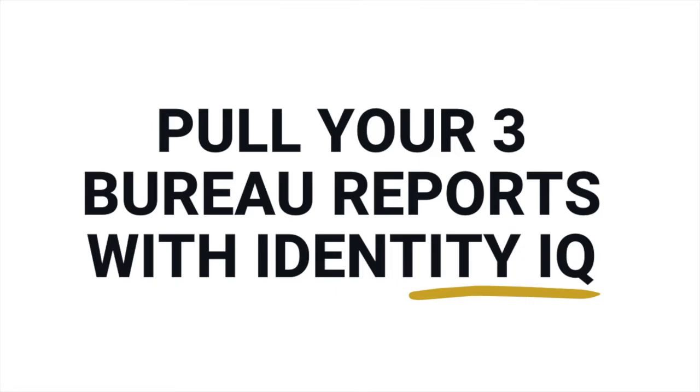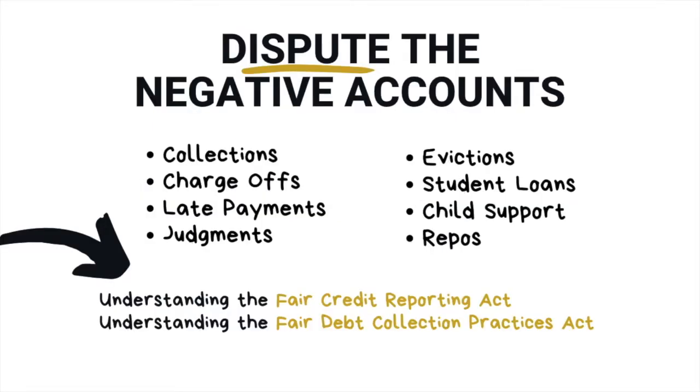So you can see if there's any inaccuracies or anything like that, because the law states that your credit report needs to be 100% accurate, verifiable, and consistent. So if there's inconsistencies, we can use that against them. So what you want to do is you want to look for the negative items and dispute them. So any collections, charge-offs, accounts with late payments, if you can close them, judgments, evictions, student loans, child support, repos,